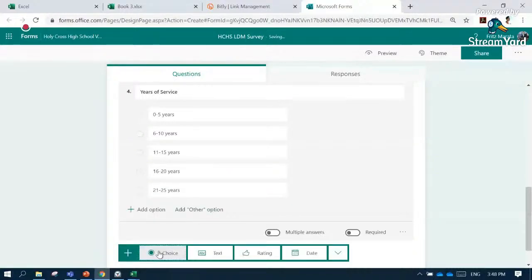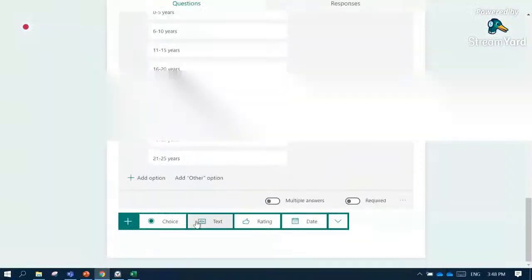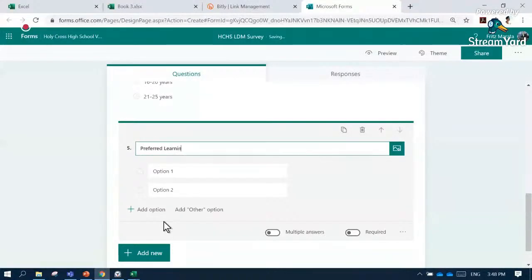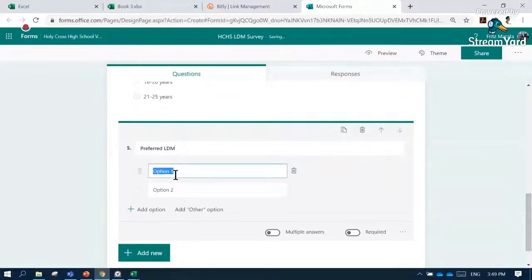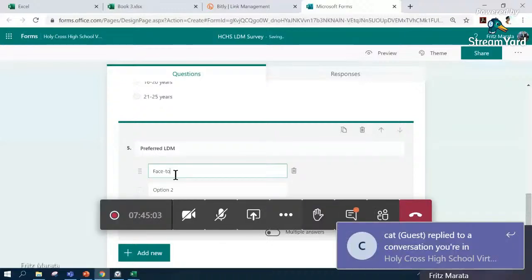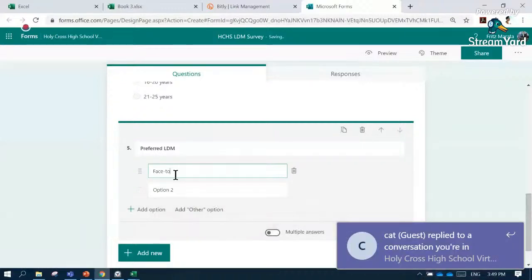Lastly, we will have the choice question preferred LDM or learning delivery modality. And for the first option, we can have face-to-face learning. Second option, we can have distance learning.